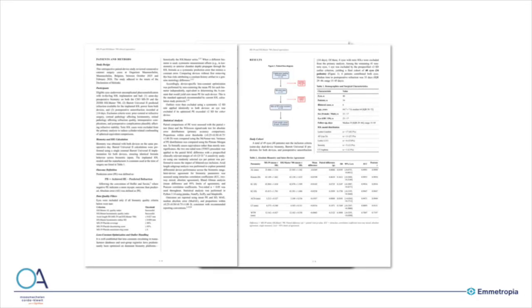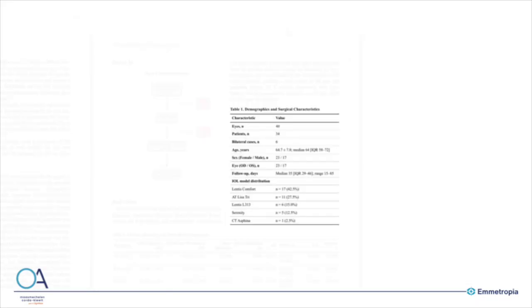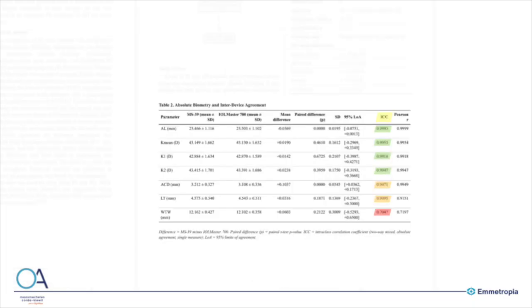We only analyzed, and I don't know if it's readable, but we only analyzed the non-toric IOLs. In the end, we had 40 eyes of 34 patients. Again, I'm not certain if it's readable, but yeah, it was a fairly normal population, mean age 65. The majority of lenses were trifocal or EDOF lenses. And if we look at the